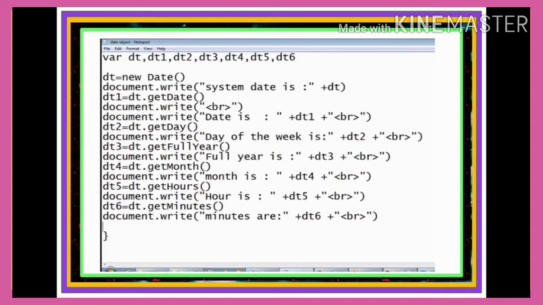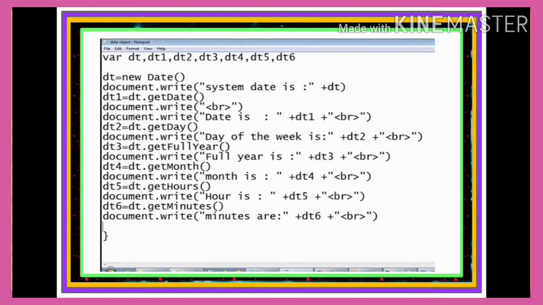Use br tag. In next line dt5 equal to dt dot get hours. In next line, document.write hours is dt5, use br tag. In next line, dt6 equal to dt.get minutes. In next line, document.write minutes are dt6, use br tag.